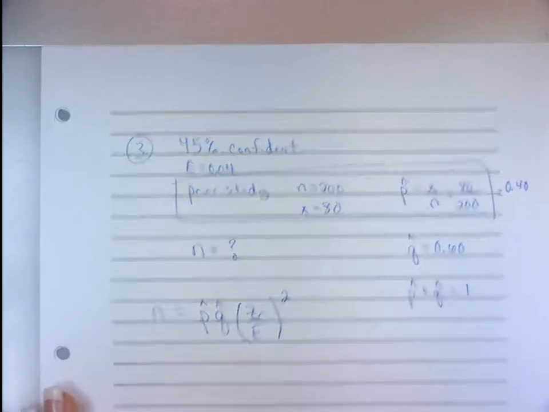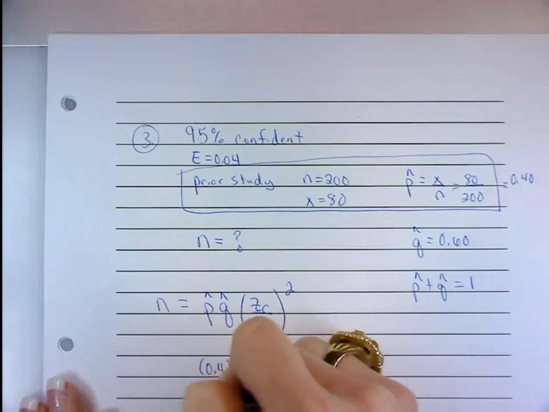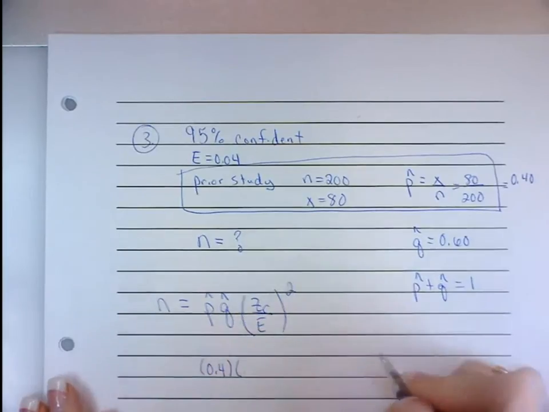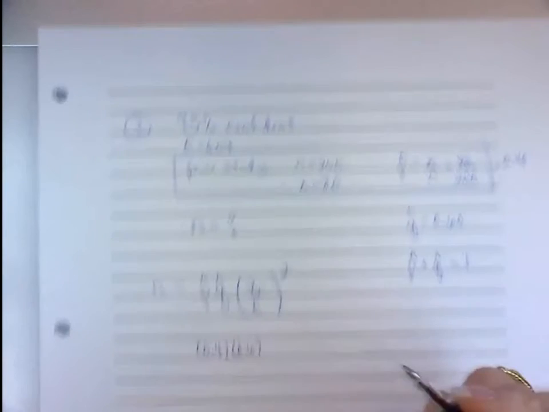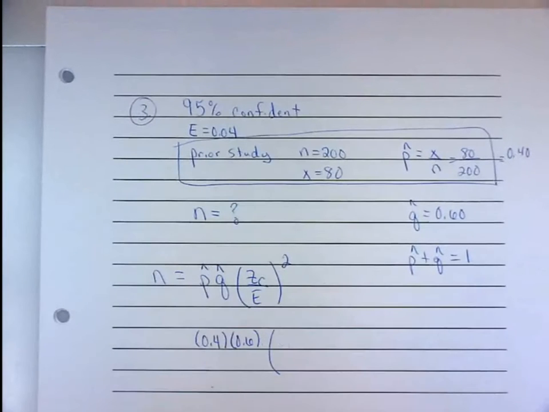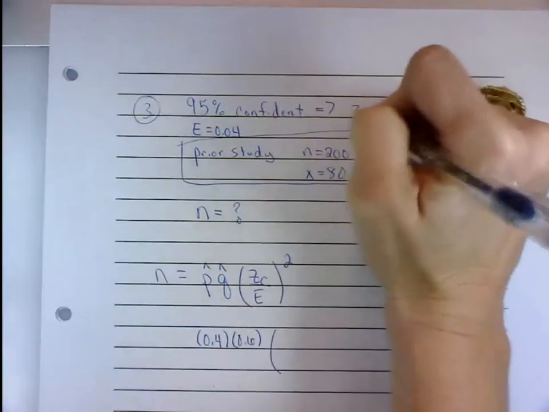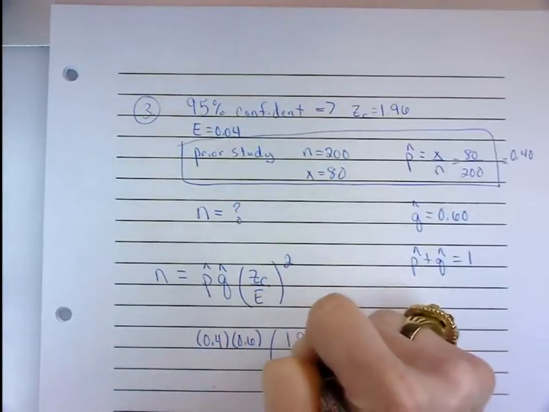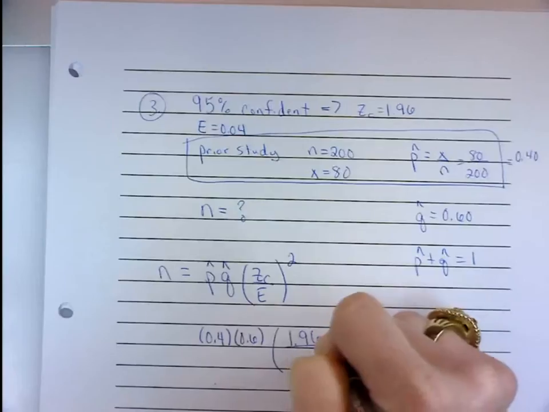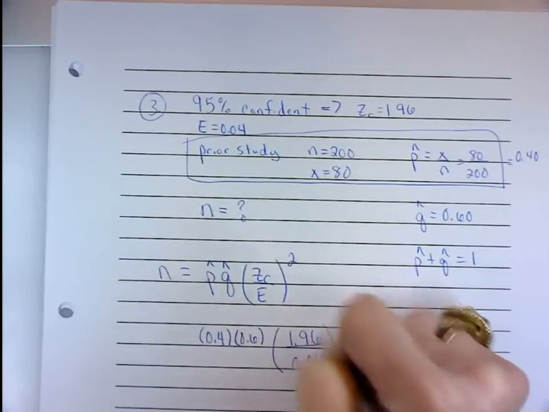So I'm going to put in p hat is 0.4 from the prior study, 80 out of 200 travel overseas. q hat is 0.6. Since it is 95% confident, that implies that z is 1.96 because it is a type of z interval using the z table. And within 4%, E is